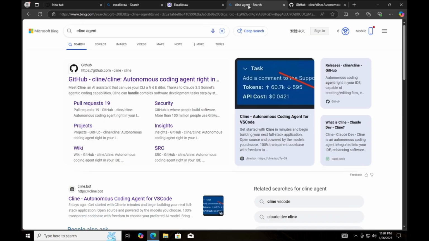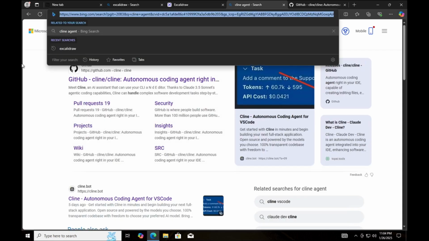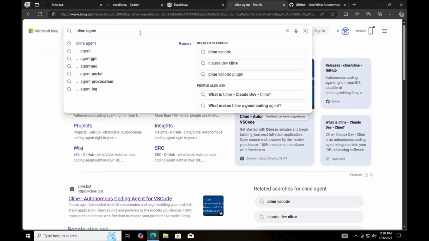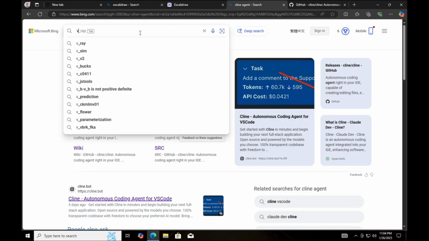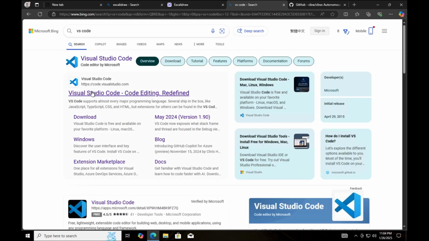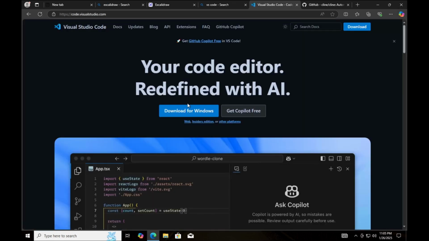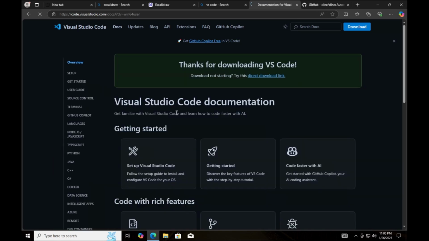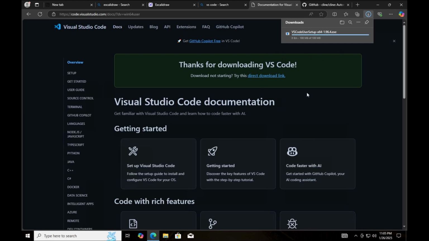So now that we know that, let's actually get our first IDE. You can come to Bing or Google and just look for VS Code. It should be the first one. Usually it's the first link at the top, and we're going to download that for Windows. It might take a while, but now that we have VS Code,